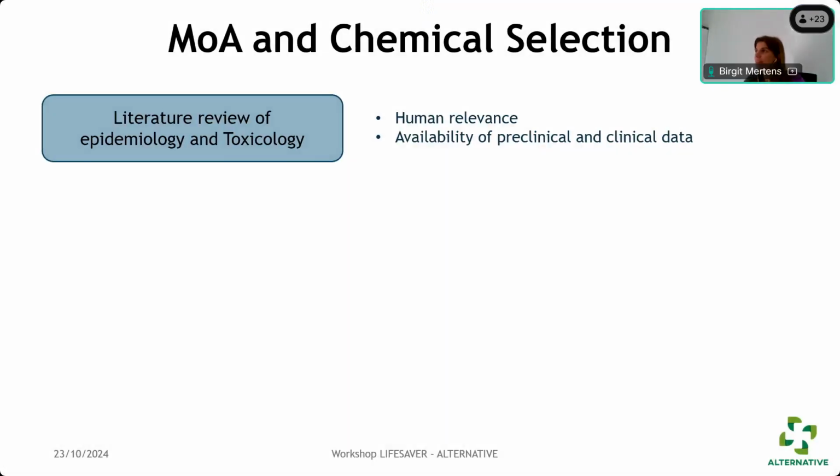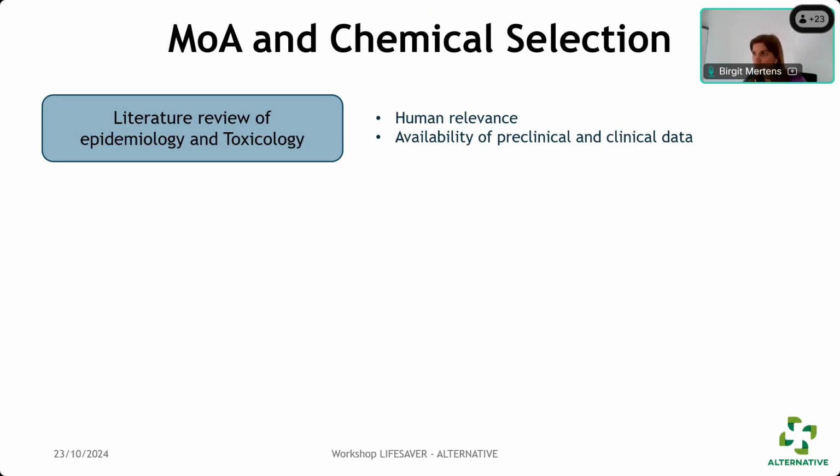So once this system was put in place, we of course also wanted to start testing chemicals in the system. And I want to highlight here that chemical selection required quite some discussion, and we took our time to really come to an appropriate selection of chemicals, because different aspects needed to be considered. First of all, we needed to have evidence that the compound was inducing cardiotoxicity. In order to have more insights on that,